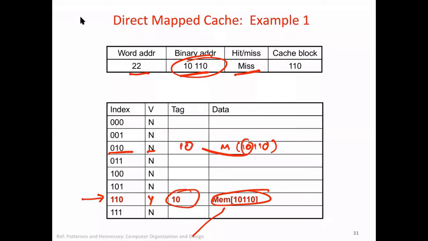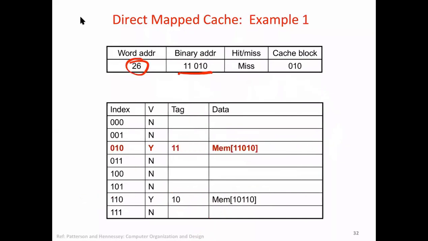Okay, now let's assume that a request comes again for this one. What we'll do, we'll use these 3 bits as an index, come here, and then check the tag bits. If the tag bits match, then we know the exact thing is available, and then data will be transferred. All right, so it's like this.